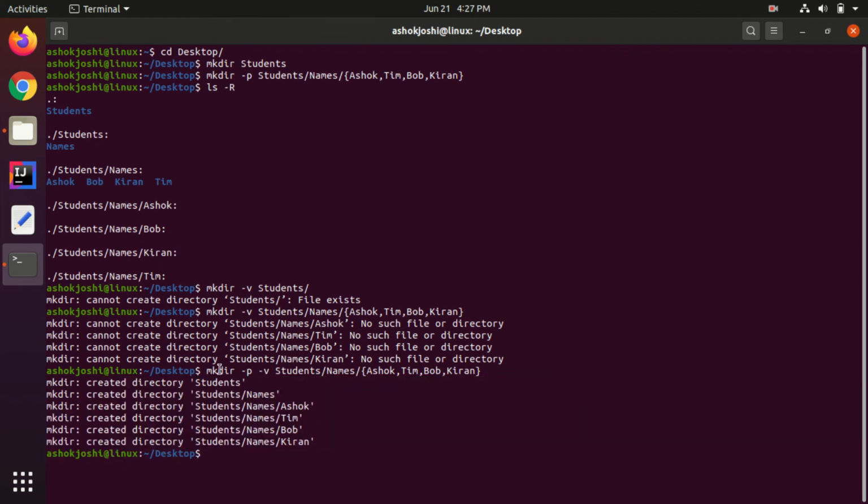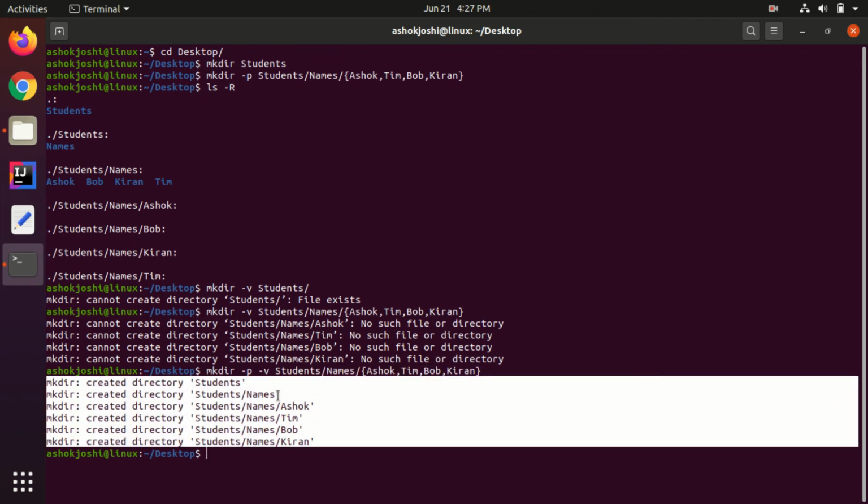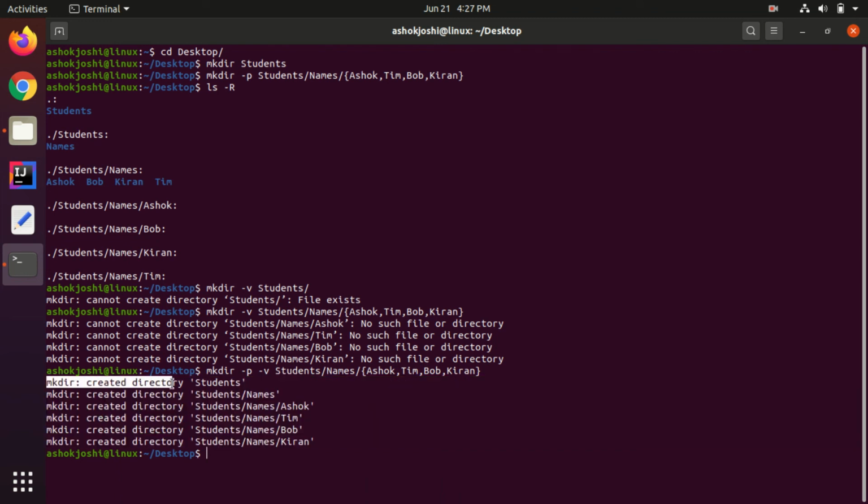So in this one command, what all happened is currently shown here. What was the process behind it? It created a directory called students, which is here. It created another directory, students/names. So inside students we created another one, names, and then another directory was created, students/names/Ashok.